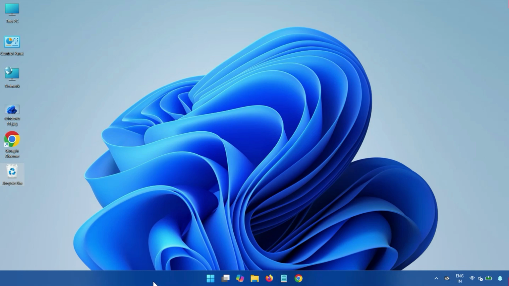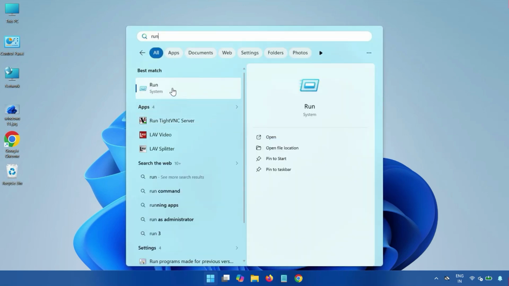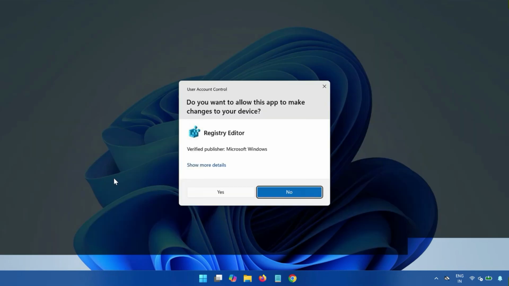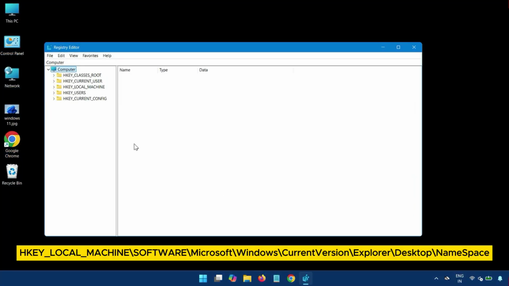First, click Start, type Run, and then type regedit and click OK. Then click Yes for the administrator access. OK. Then HKEY_CURRENT_USER,